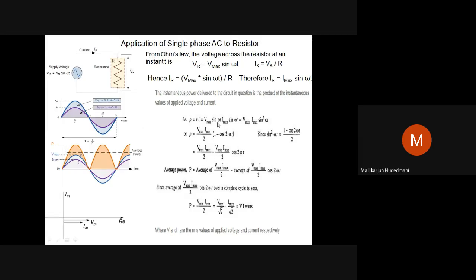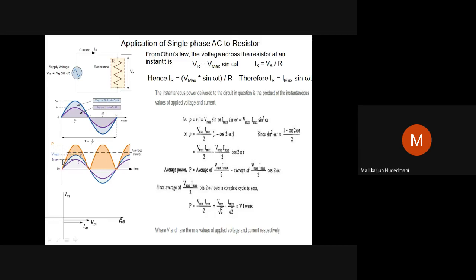Instantaneous power means power at any instant of time. What is the quantity current? What is the quantity voltage? V into I, I have to multiply. You can watch this diagram. In the second waveform, I have the similar one, the voltage waveform, correct? The current waveform. There is a brown or orange colored power waveform constructed. What is that? How is it constructed? I would like to tell you.